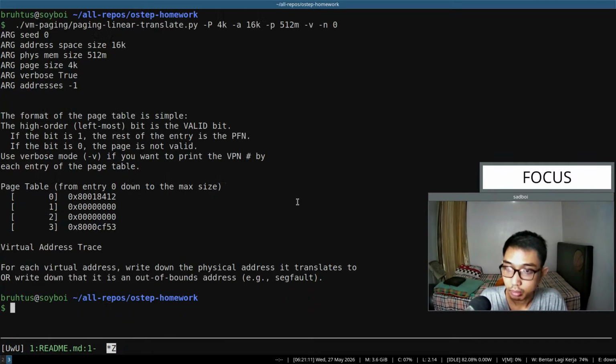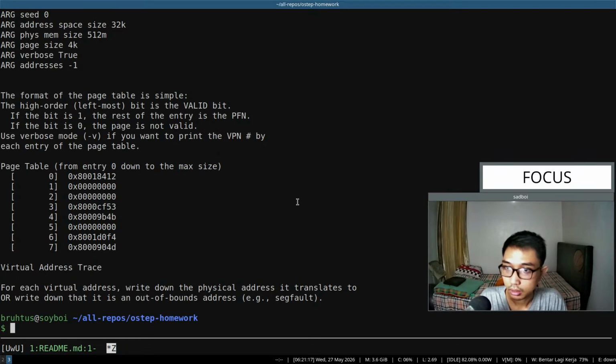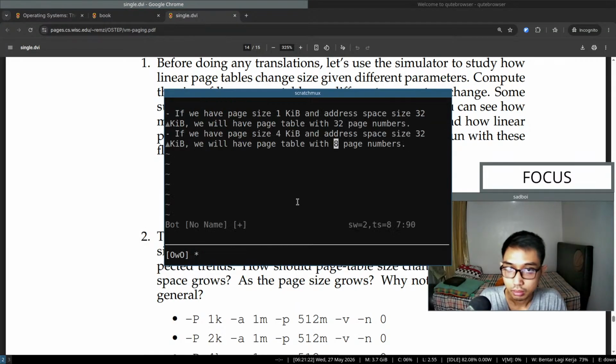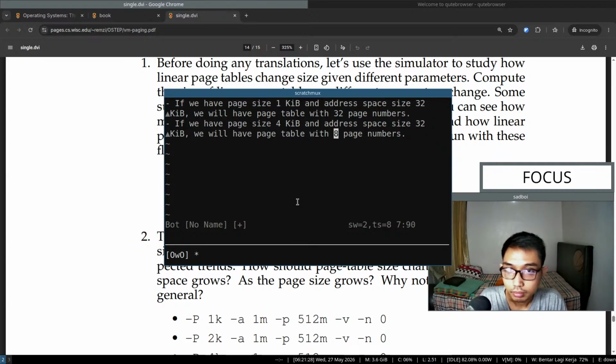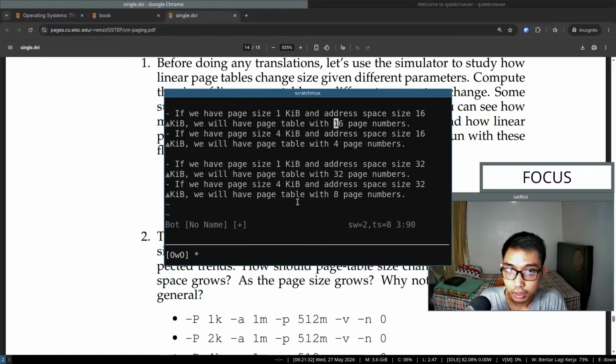It keeps increasing. And then 32k. Okay, so maybe the summary is